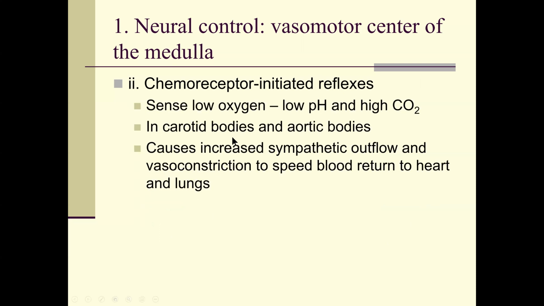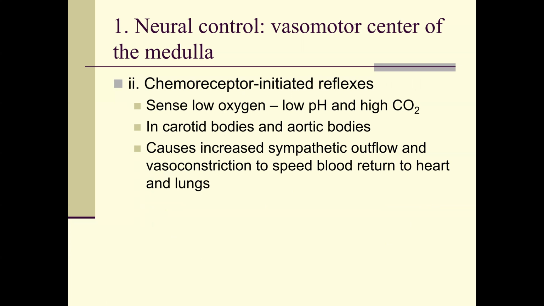Chemo-initiated reflexes sense low oxygen, low pH, and high CO2, carotid bodies and aortic bodies. So where are they at? Carotids and the aorta, okay? They cause increased sympathetic output and vasoconstriction to speed blood return to the heart and the lungs. So if these chemoreceptors